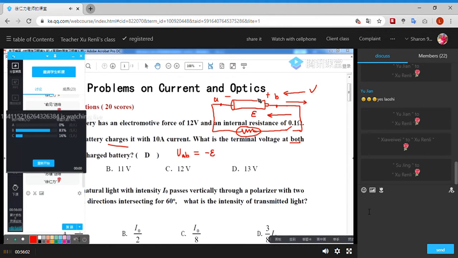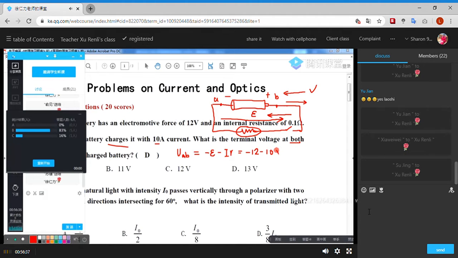And here AB means that our loop direction is from A to B, but the current is from B to A, so we need to subtract I times R. So the answer is minus 20 minus I, which is 10